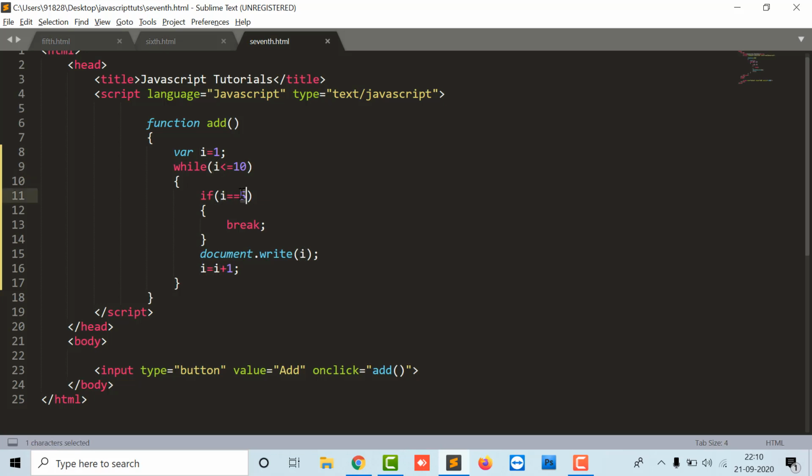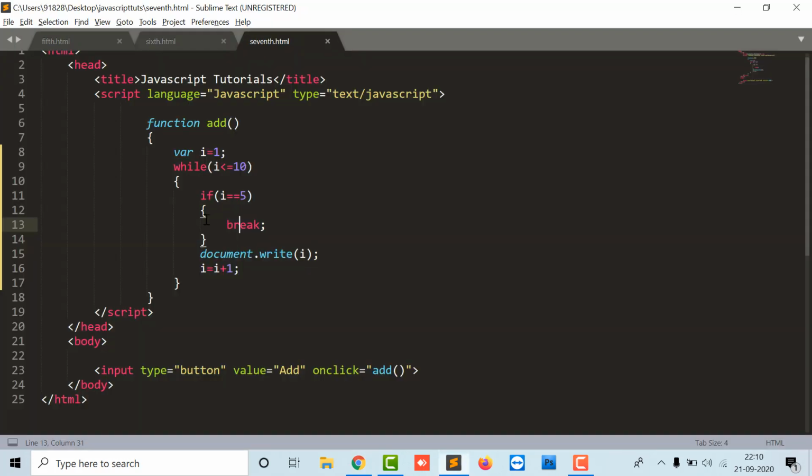So is i equal to 5? i double equals 5, no, because currently we have a value of i as 1. So i is not equal to 5, so this condition will not execute, it will print 1. Then i plus 1 is 2, again 2 is less than 10, i is not equal to 5, so 2, 3, 4. When it comes to 4, 4 plus 1 is 5, 5 is less than 10, yes. So if i double equals 5, means if 5 equals 5, then it will execute a statement as